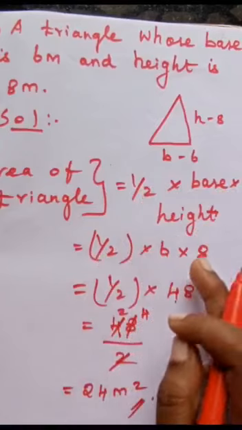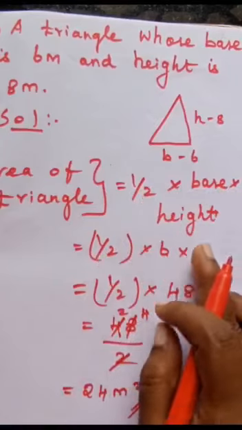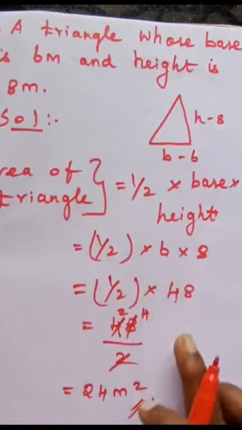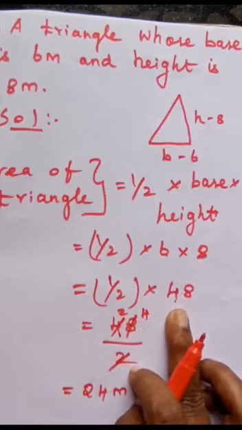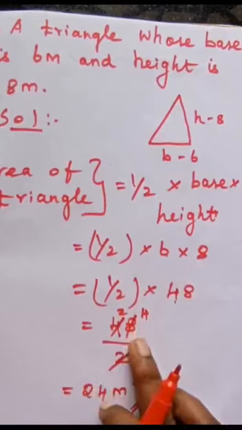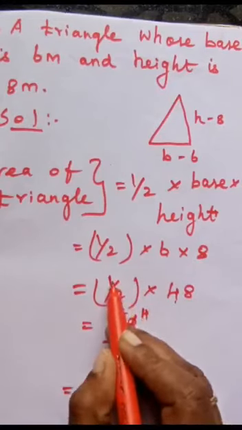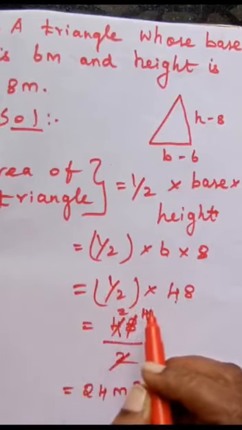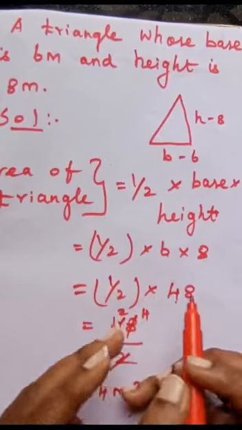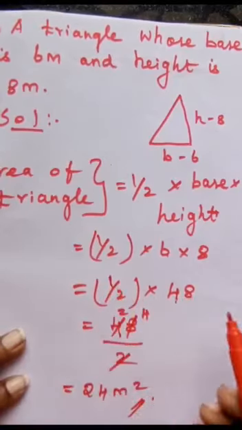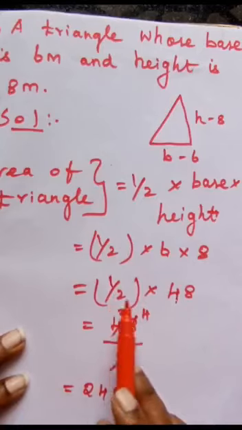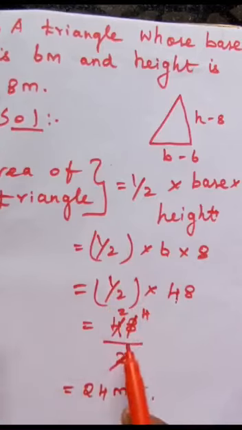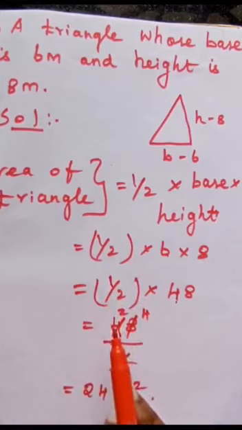After that, the next step, we have to substitute the value for base and height. After substitution, you should multiply the 6 into 8. You'll be getting 48. And after that, this is actually in closed bracket. You have to multiply this. 1 into 48. When you multiply this 1 into 48, because 1, right? 1 into anything is the same number. If you multiply 1 with anything, the same value will be repeated.